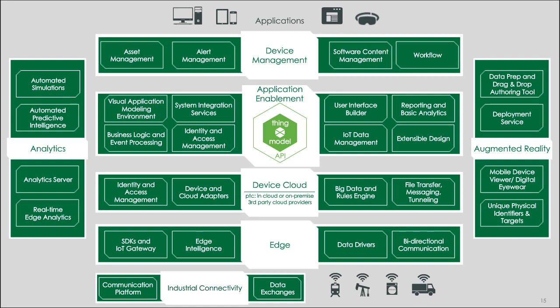Having that native connectivity makes it very easy to get information off of the core machines in an industrial setting and provide it back to developers and to applications and users that are ultimately using the products and apps provided on top of our platform. Not only do we have the industrial connectivity, but if you move a layer up to the edge, we have support for industry standard connectivity out to edge devices, doing the same thing for many different sensors and data streams and pulling it back into our Thing model.